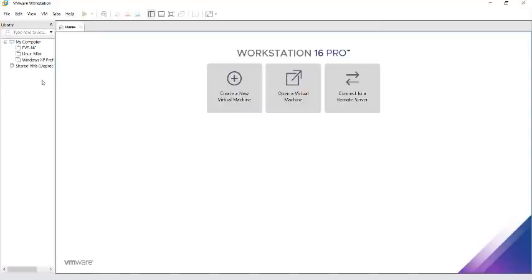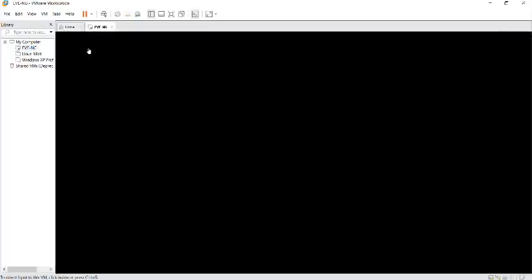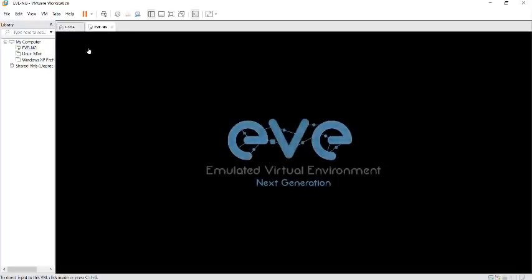So this is my VMware and here I have installed EVE-NG, and in that EVE-NG I have configured the MikroTik router board, Palo Alto and multiple firewalls and switches and PCs. So just click on this button, power on this virtual machine, and after clicking it, it will take some time and then it will start completely. And after getting started, you can access it in your browser. So let's wait for a moment to complete the process.